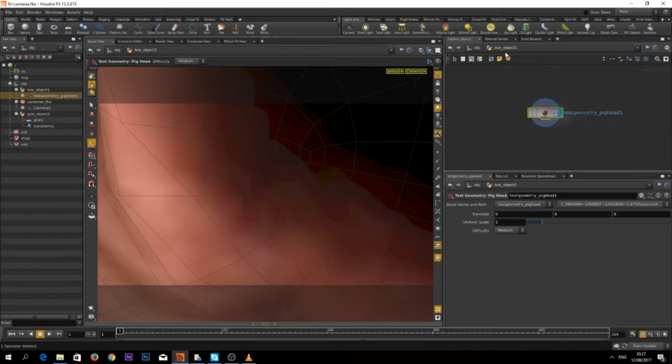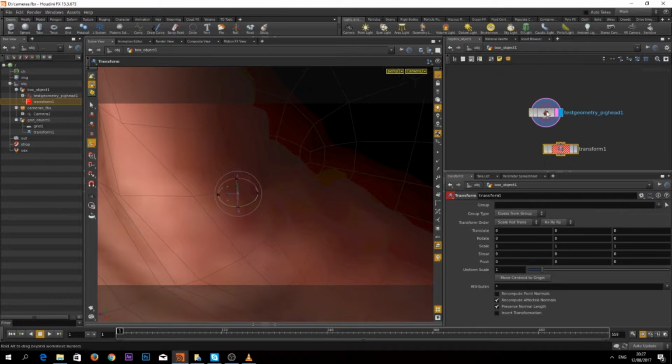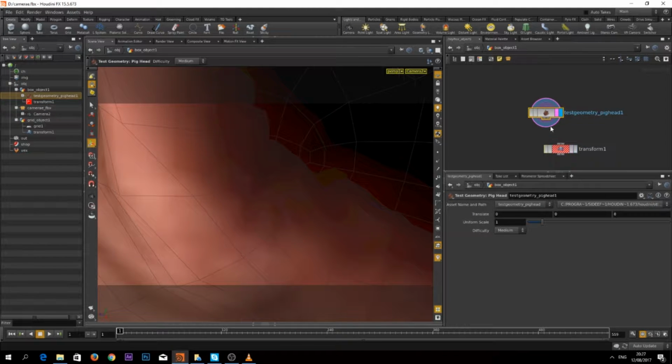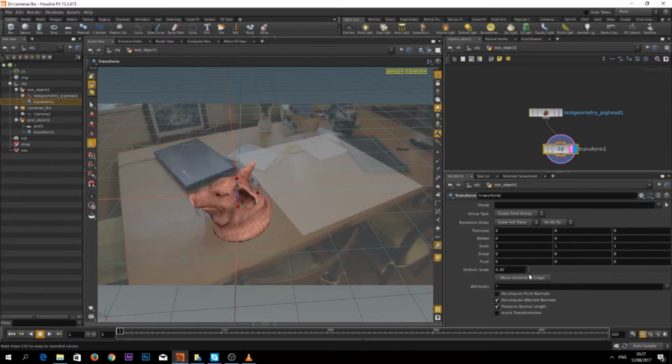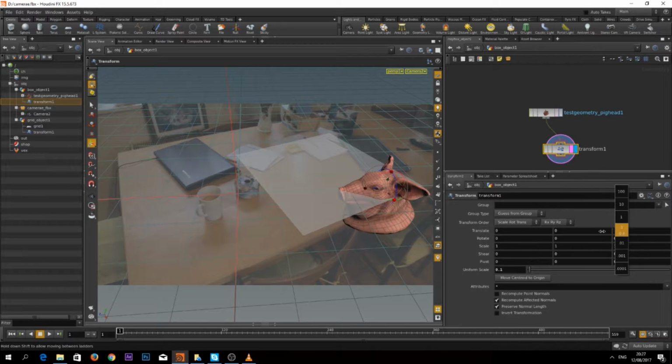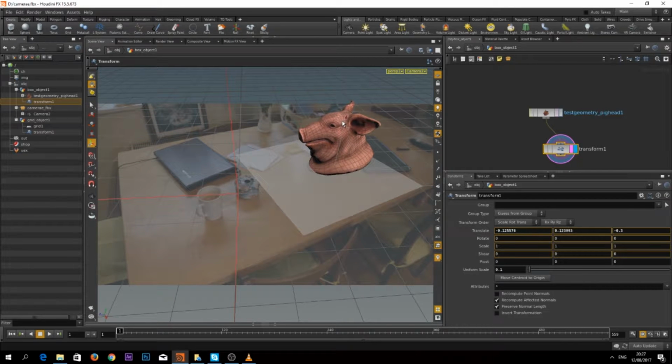Yeah, and we have the pig head, and I'm going to make another transform. And see, when you're in this you couldn't transform from here, but you get a lot more power to do it from this. So you highlight it, make it smaller, and you move it. You see here it's intersecting the plane, so we kind of want to move it up and